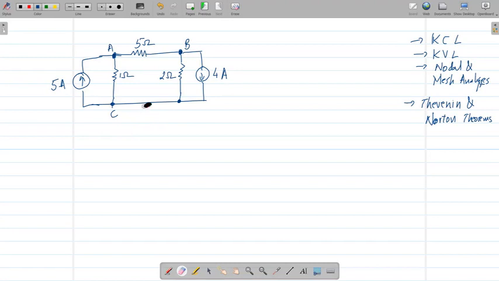Okay. So Kirchhoff's current law indicates that the sum of currents flowing into a node is going to be 0. So there is a current flowing here, a current flowing here, and a current flowing here, right? So there's a current going from the current source to node A, a current coming from node B to node A, and a current coming from node C to node A. The sum of currents at any node is equal to 0. This is coming from the conservation of charge. Or in other words, you can say that whatever current flows in from various nodes has to flow out from another node. Okay. So let's erase this.